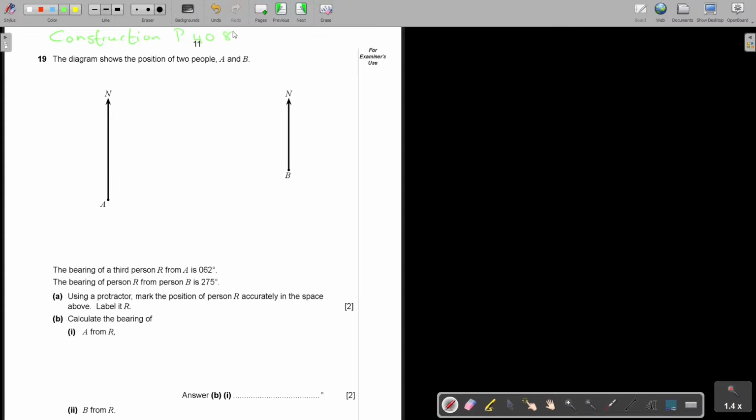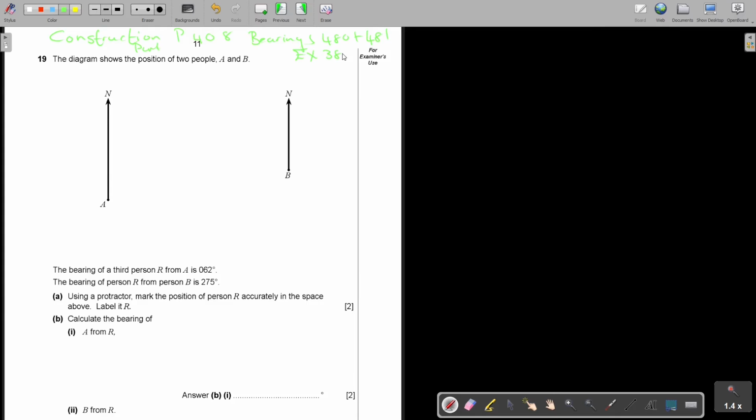And then you can also look at bearings. This was in part 1 in the y equals mx plus c mathematics textbook, and then bearings will be in the part 2 book, on page 480 and 481. And look at example 38, that reverse if it's from B to A. Okay, but let's start with the question. So I'm going to need my mathematical instruments. The bearing of a third person R.